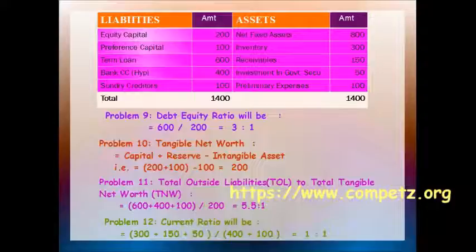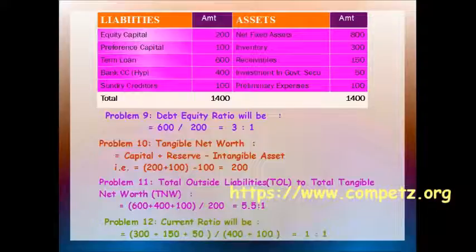Next we need to do your total outside liabilities to total tangible net worth. TOL divided by TNW we say here. So what is it? Friends, this measures the total leverage employed by a business. It means that the firm has used its net worth as a lever to raise outside funds. For example, assume that too much leverage is there, that is not good for an organization. Why is it not good? As it may